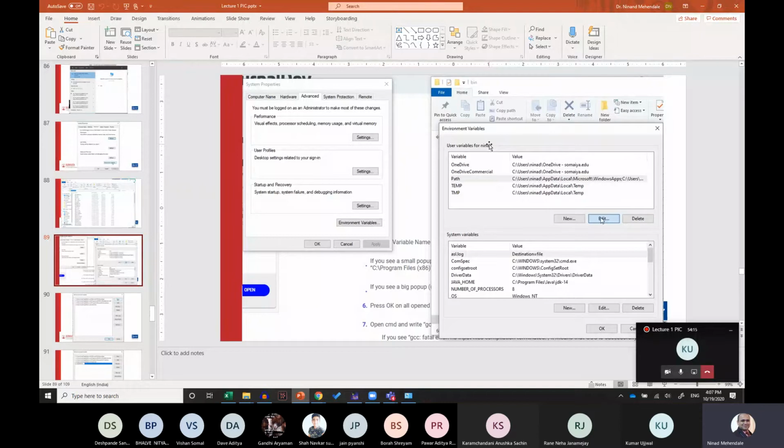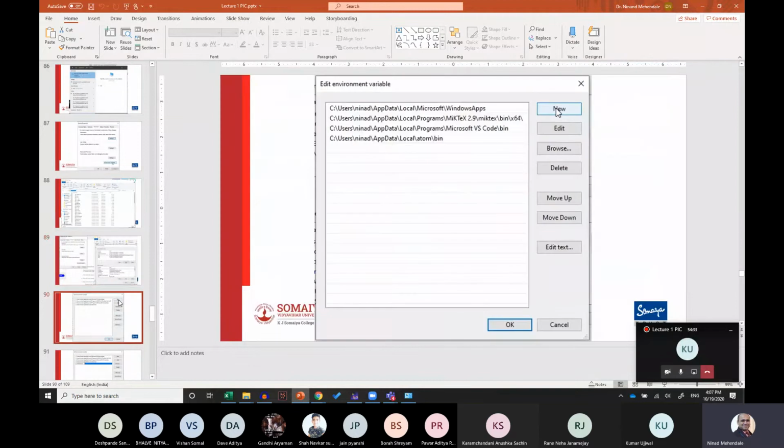So choose this particular path, okay, and then click on edit. Don't change anything in system variables. We want to change a user variable. So go to the path user variable, select that and click on edit. Once you click on edit, you should see this particular window saying edit environment variables.